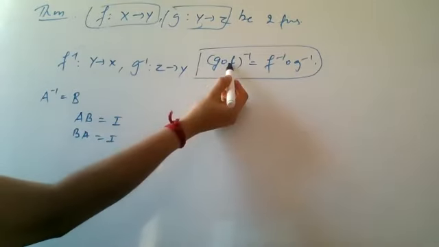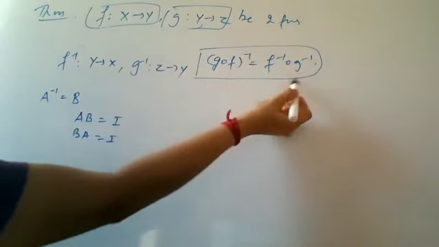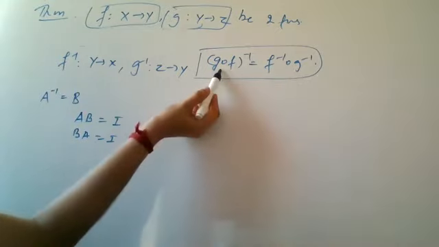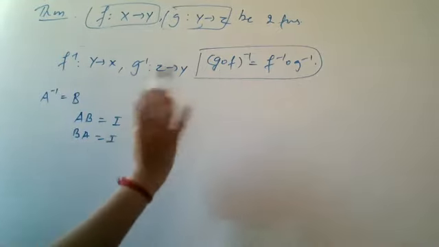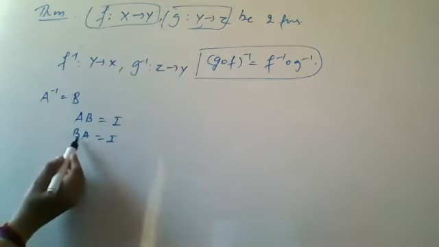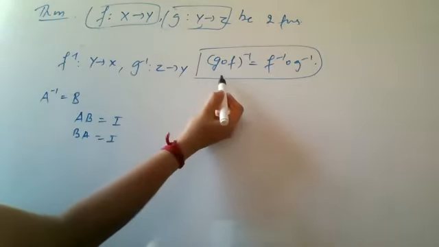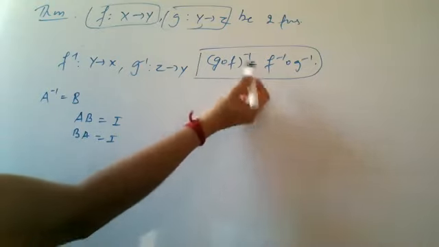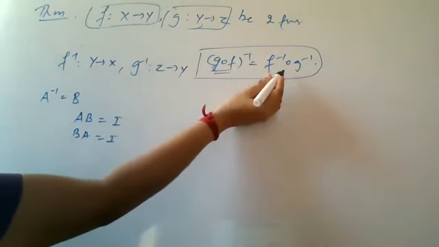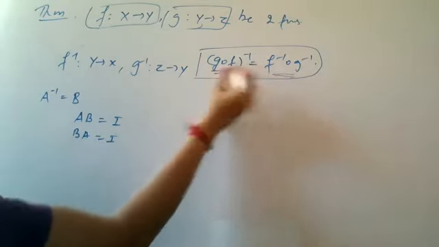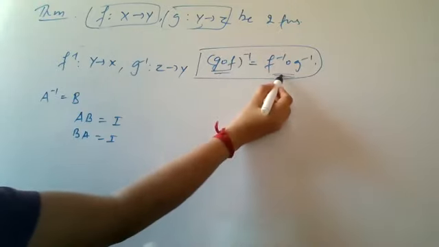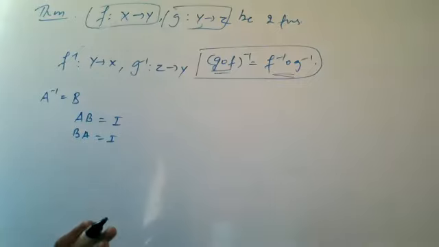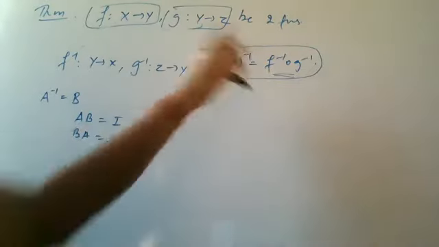That is G composition F का inverse जो है वो ये है. That means ये और G composition F इन दोनों का composition, because function में वो composition like act करते हैं. जैसे यहाँ product बोलते हैं, यहाँ पे function का composition होता है, ठीक है? So G composition F का inverse ये है, मतलब उसका जो inverse है और वो है, मतलब ये नहीं आएगा, ठीक है? This and this इन दोनों का composition आपको I मिलना चाहिए. So आप बोल सकते हो कि this इसका inverse हो, ठीक है?